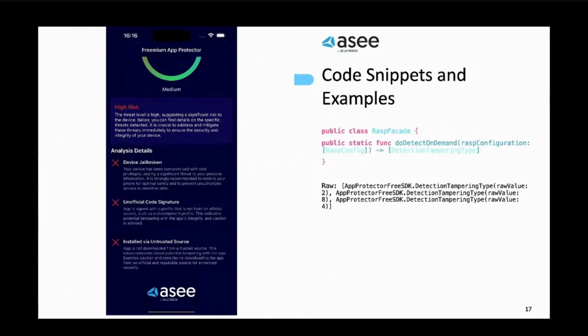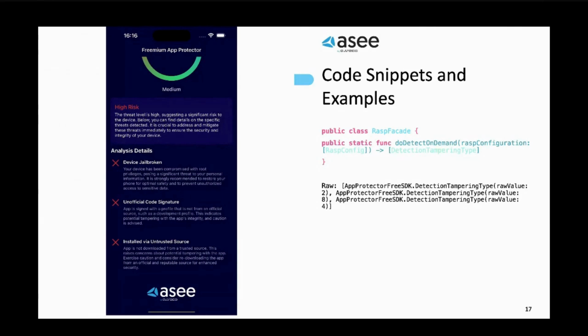To use the framework, we have exposed the class called RASP facade. It has one method, do detect on demand. It accepts RASP configuration. It's an array that accepts which threats we want the framework to check. So we would add to the array jailbreak, code signature, or trusted source. And then the method will return an array of all the